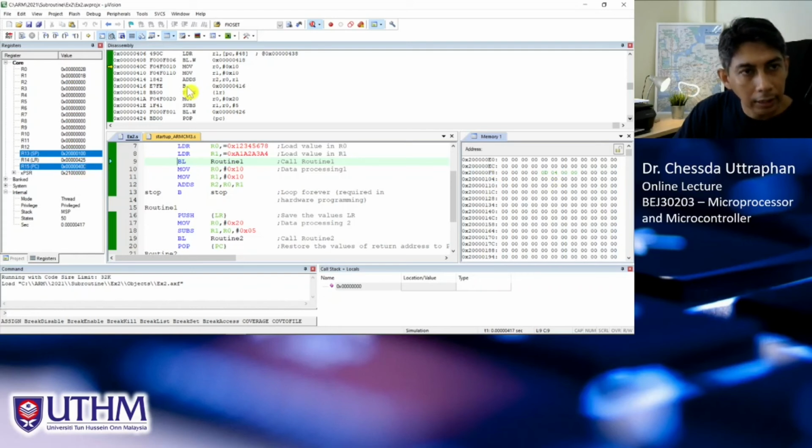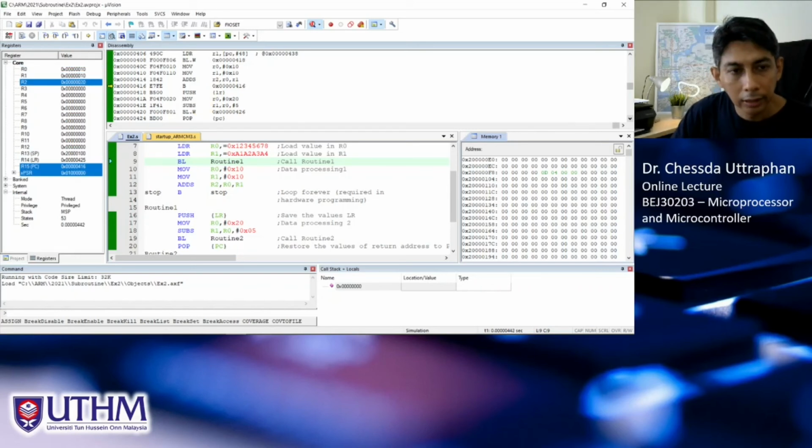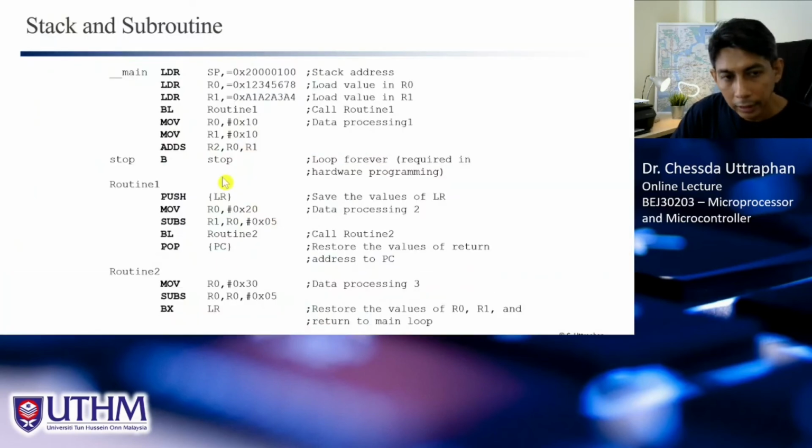We get this, and we can now go back to the instruction just after we call the subroutine, which is this one, and we execute the next until finish, right? So that is how the microprocessor executes the subroutine. So with this method, you can call a subroutine inside a subroutine, or maybe you want to call another subroutine from routine 2. You can do that